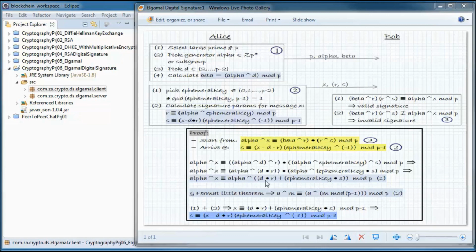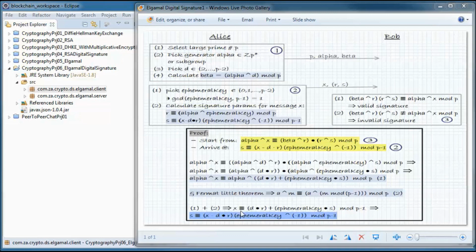And alpha to the power of D times R plus the ephemeral key times S in mod P. And from Fermat's little theorem, we have that A to the power of M is congruent to A to the power of M mod P minus 1, all of that in mod P. So we use 1 and 2.